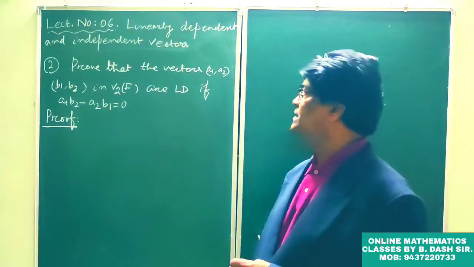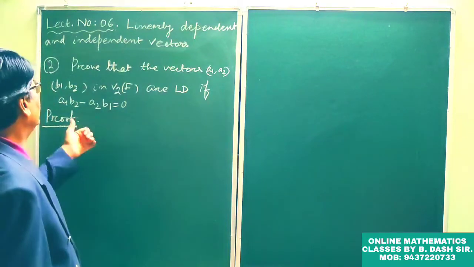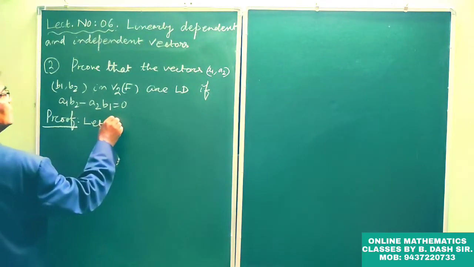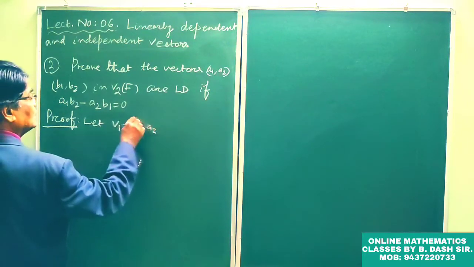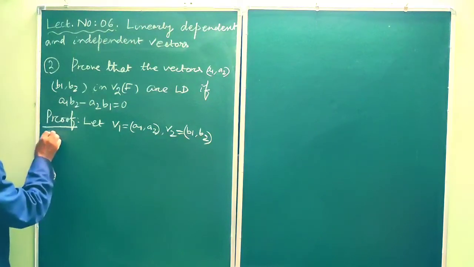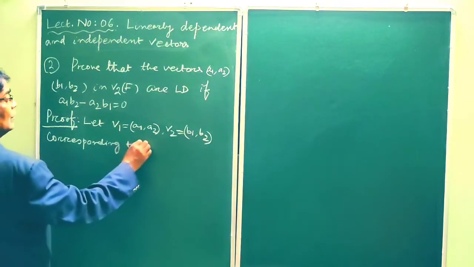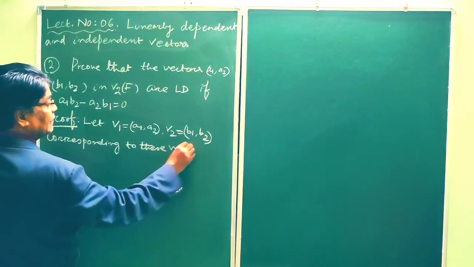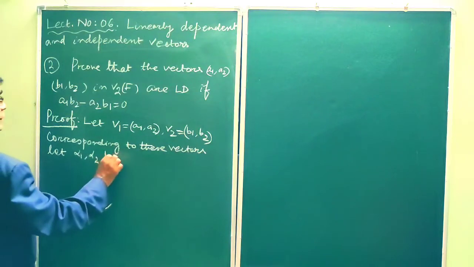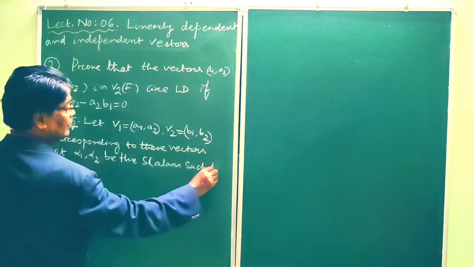Our second question is prove that the vectors (a1, a2), (b1, b2) of R2 are linearly dependent if a1 b2 minus a2 b1 is equal to 0. Let v1 is equal to (a1, a2), v2 is equal to (b1, b2). Corresponding to these vectors, let alpha 1 and alpha 2 be the scalars such that